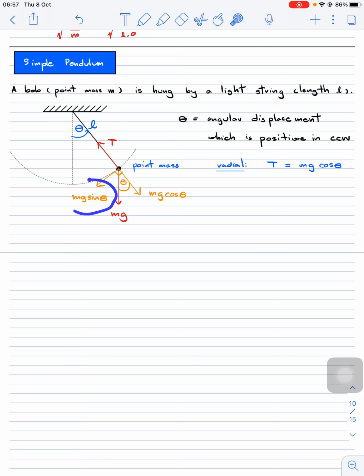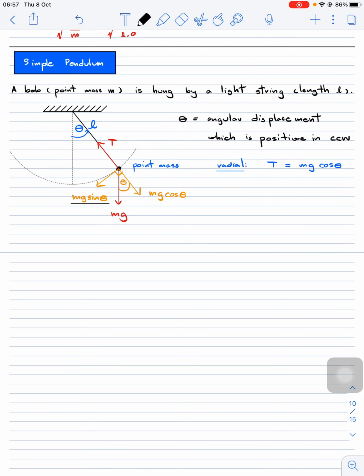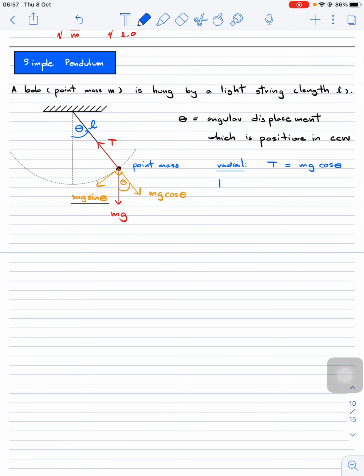Now, let's look at this one. You can see that the mg sine theta will just produce the torque for the object, to bring it to this equilibrium position. Then we can see that if we consider the tangential component,